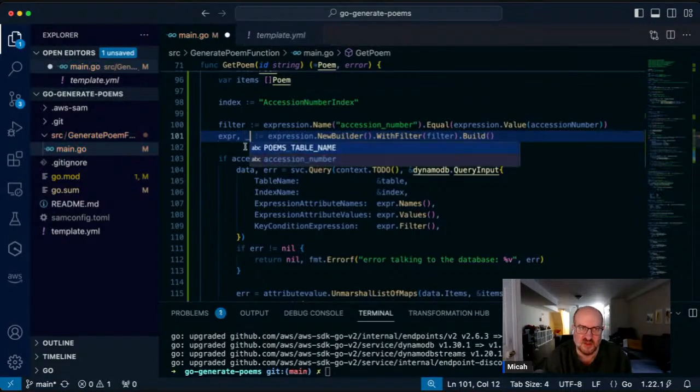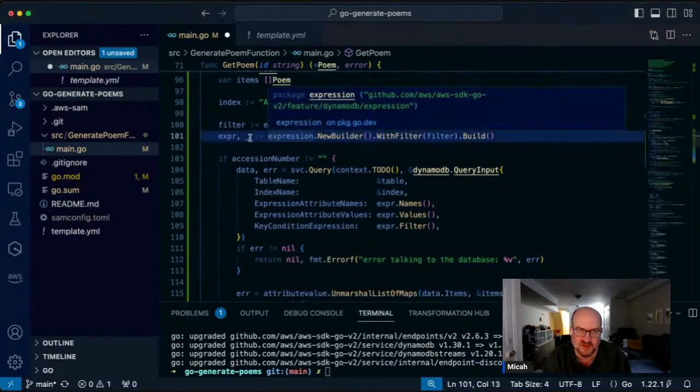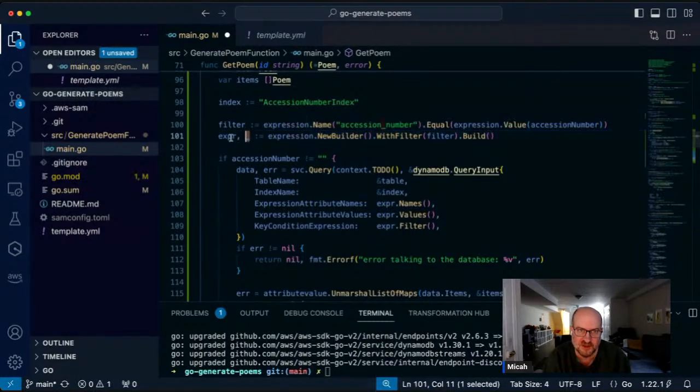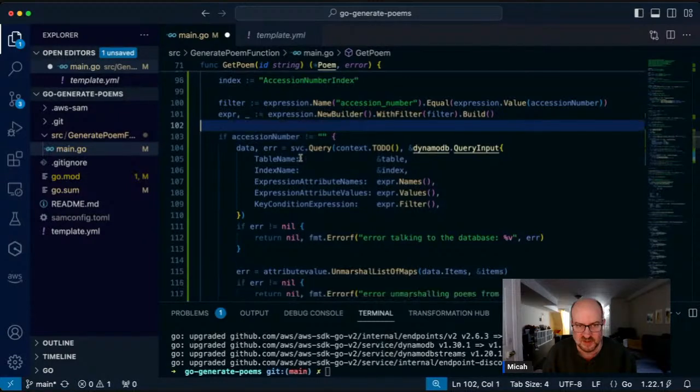That's fine for now. So okay, so you just noticed I put in a little underbar underscore in place of my error variable there. So that's a cool thing in Go to know about. If you don't care about the return value of a function, especially when there's multiple return values, you can substitute this underbar underscore character, and it will just basically pretend like it didn't happen. All right, so let's move on.